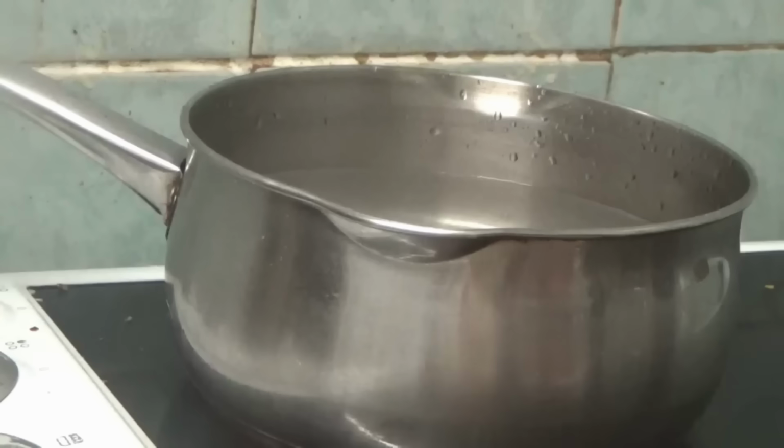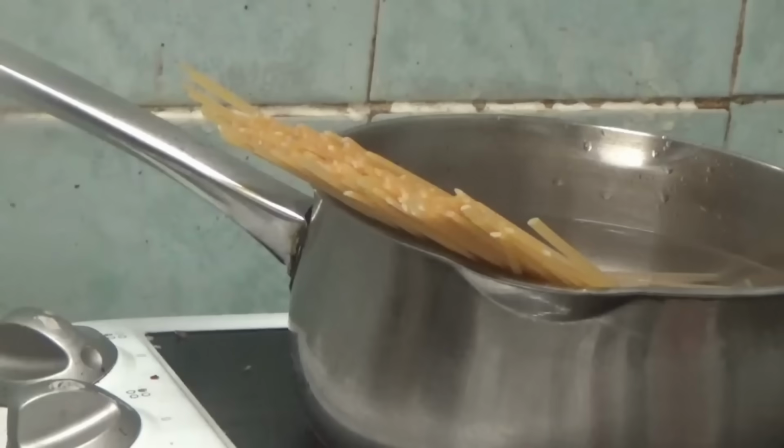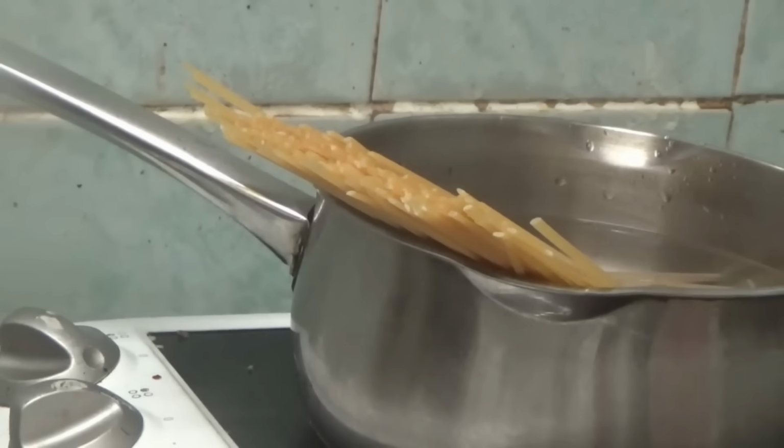And then I'm going to add some spaghetti. Yeah, I know I didn't show you, but I'm showing you now. I've put some spaghetti in a pan. You saw me add the salt, and well, now it's just going to, well, eventually start boiling, and then it'll